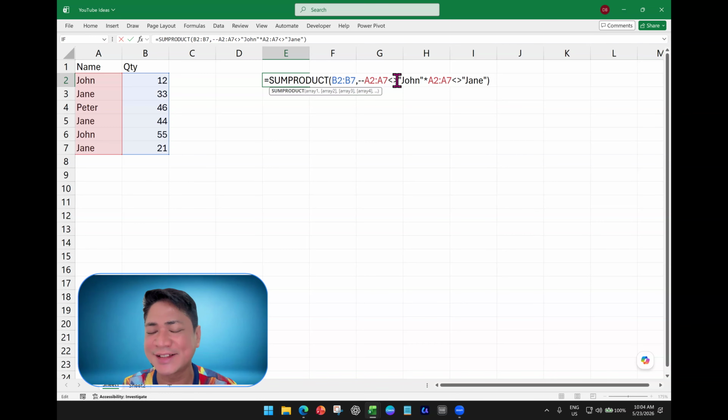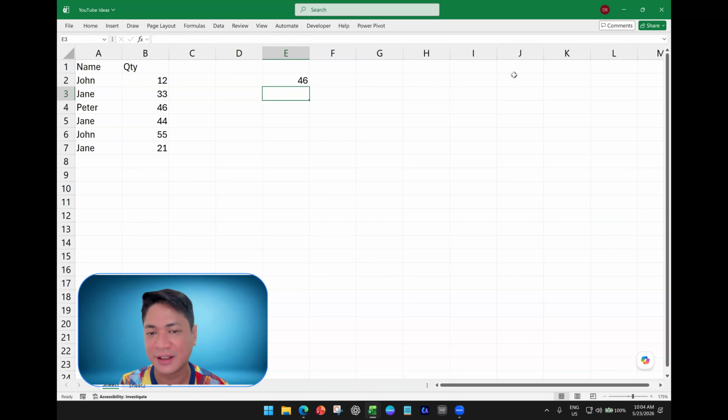and the reason why you'll get an error is because Excel is a little bit confused with the multiplication of John and A2 to A7. So we have to segregate them. John and A2 to A7 should not multiply to each other. So we're going to put them inside parentheses. And that's the reason why I said to be safe, because you want to prevent that from happening. And there it is, okay, we now showed you how you can do a sort of SUMIF,